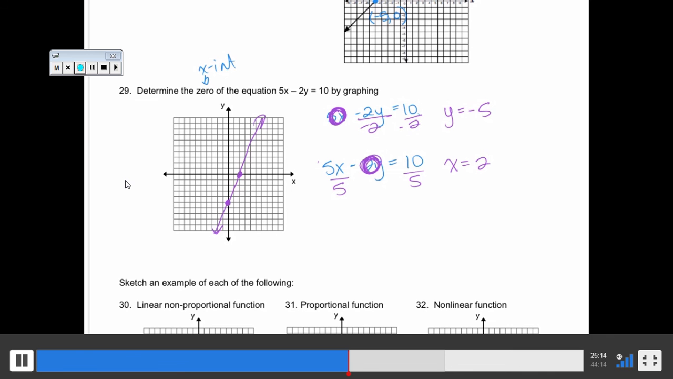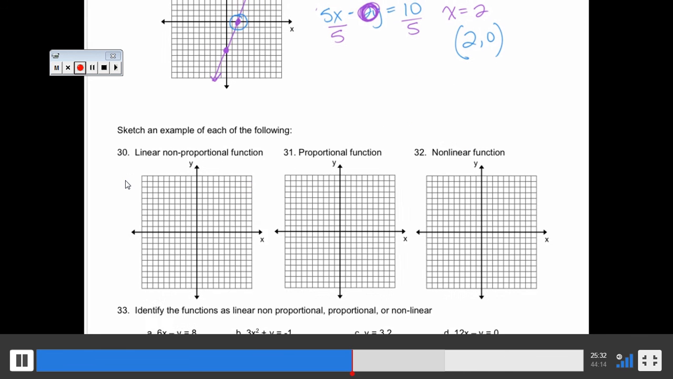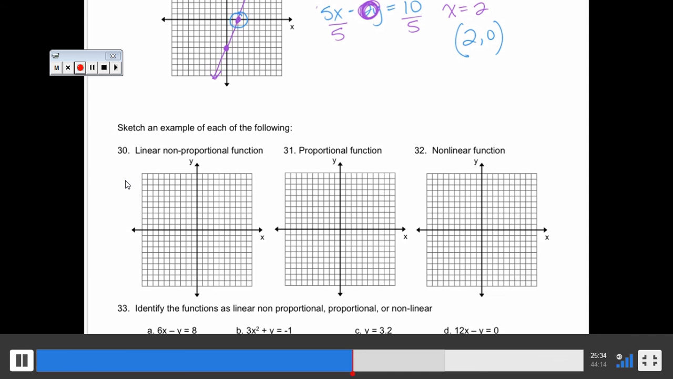So there's my graph. And then this point right here, the x-intercept, so that is going to be (2, 0). Notice you don't technically have to graph, but since it asked me to, I needed to graph also. Okay, if we look at number 30 and 31 and 32, we have to sketch an example of each of